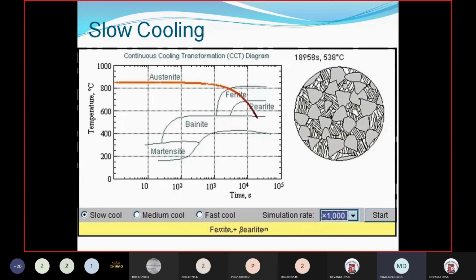See, here they have mentioned, when you do the slow cooling, you are getting this type of microstructure. If I am talking about the EN8 steel, what phase are we getting? We are getting ferrite and pearlite. This lamellar is your pearlite and the white one is your ferrite. 50-50% both the phases are there, and whatever property these phases have, that property you are receiving by the annealing treatment. Next slide, madam.